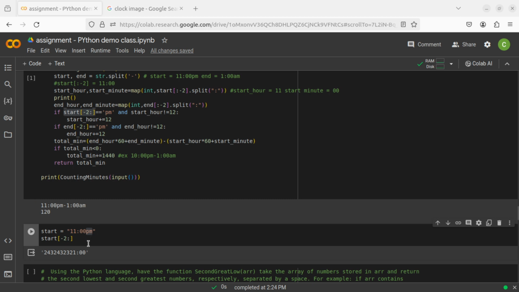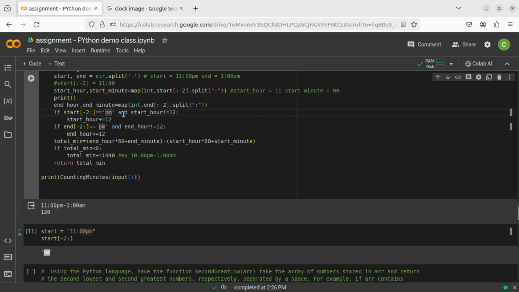What this code does is it will try to give you the last two characters of your string, from minus 2 to the end. If its starting value is -2, from -2 means it is P, and to the end it gives PM. So if this value is equal to pm,